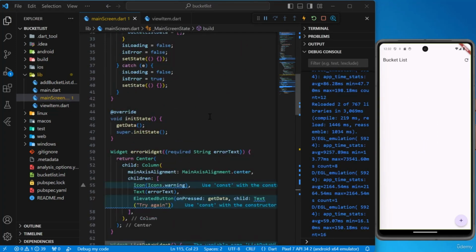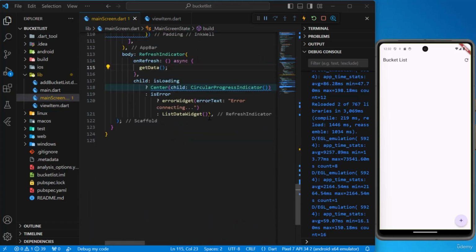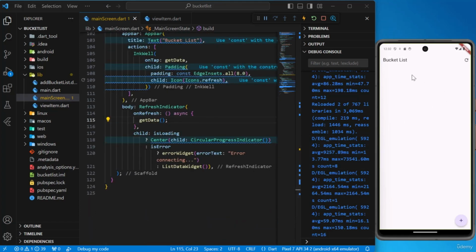So now let's move into this list view builder, and we will be using conditional rendering for showing no data on your list if the data is empty. So this part is